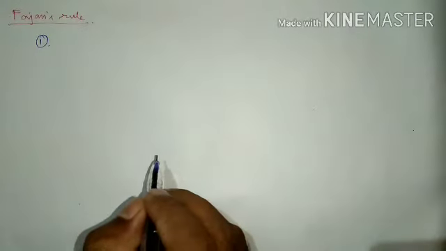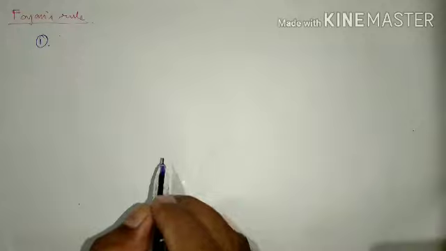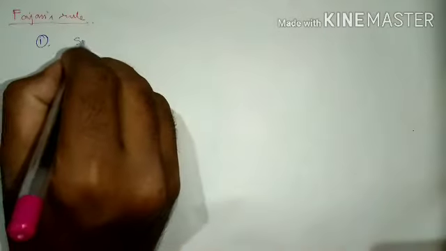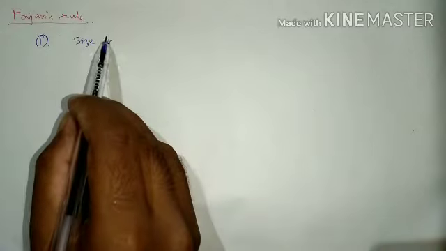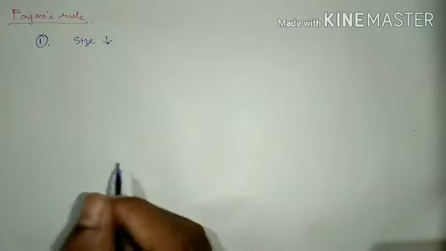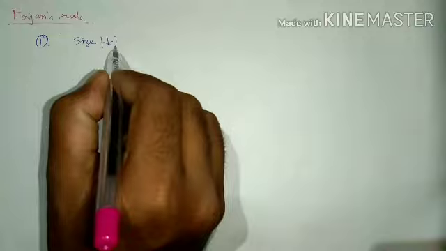Fajan's rules explain which bond is covalent or which bond is ionic, or you can say the ionic character or covalent character of a bond. So let's discuss the points of Fajan's rule. The first point is: the smaller the size. I am writing the arrow in the downward direction, which means size is decreasing. Smaller the size